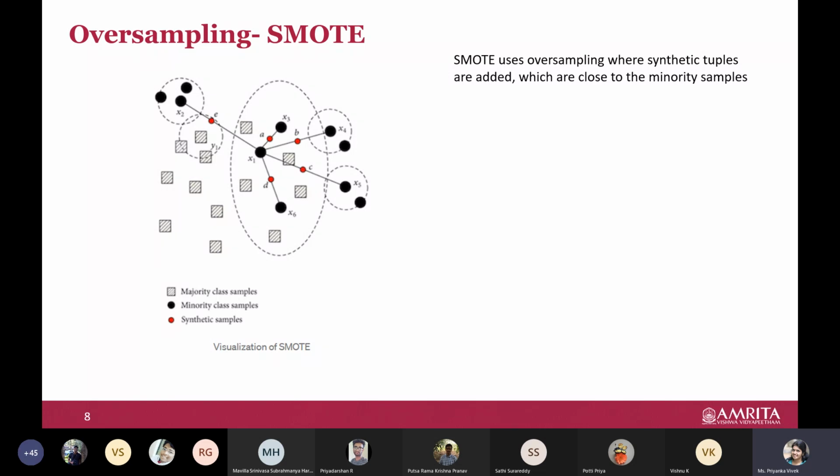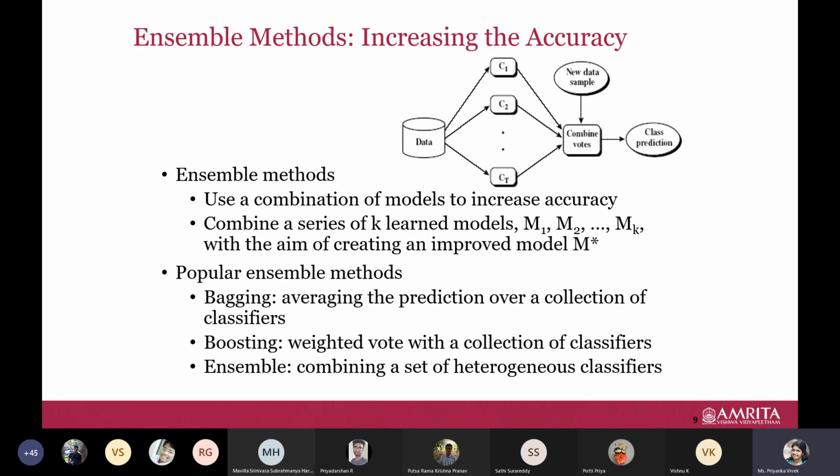Okay, let us move on. We just talked about handling data imbalance. Now let us talk about ensemble methods. This is not related to our imbalanced data set. I brought up imbalance suddenly because some people had imbalance in their data set, so you should be aware of what it is.